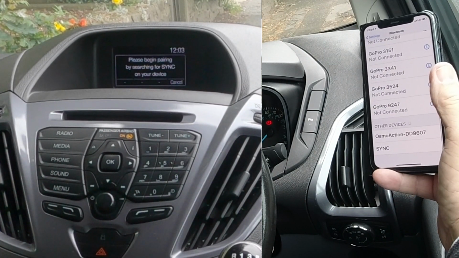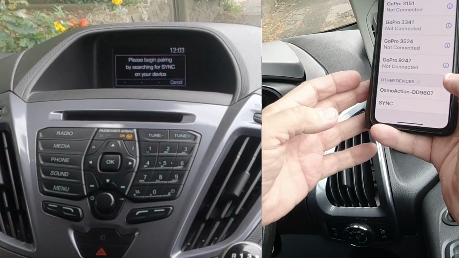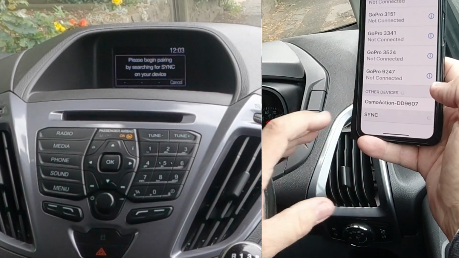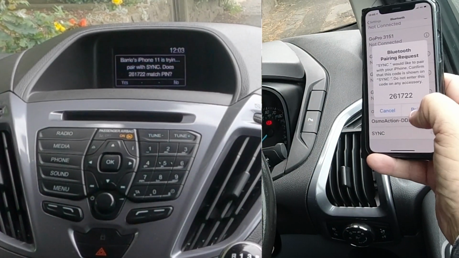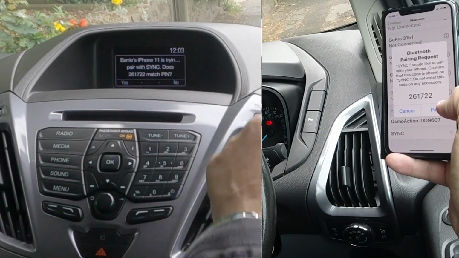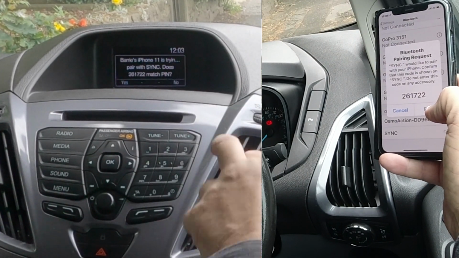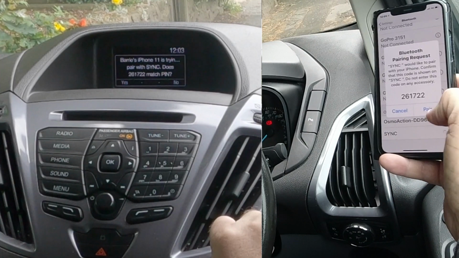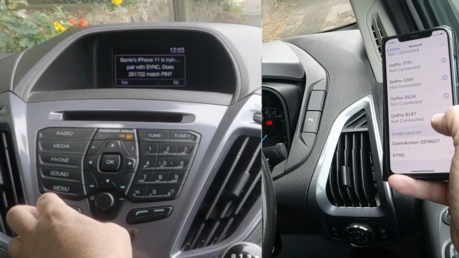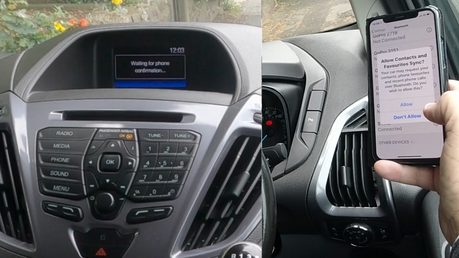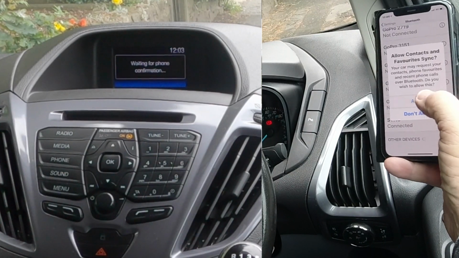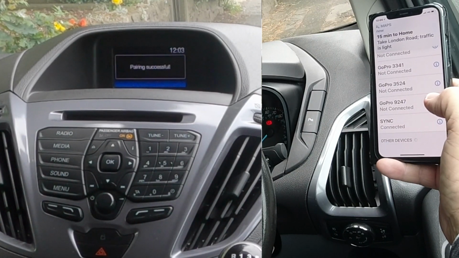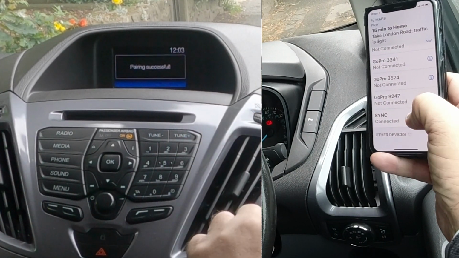Search for sync on your device and select sync once it is found. So sync's come up already. Got voice instructions there. Confirm that the pin displayed on sync matches the pin displayed on your device. 261722. So yes, it does. So pair there and click yes on the buttons. Allow contacts and favorites to sync. Allow. Pairing successful and